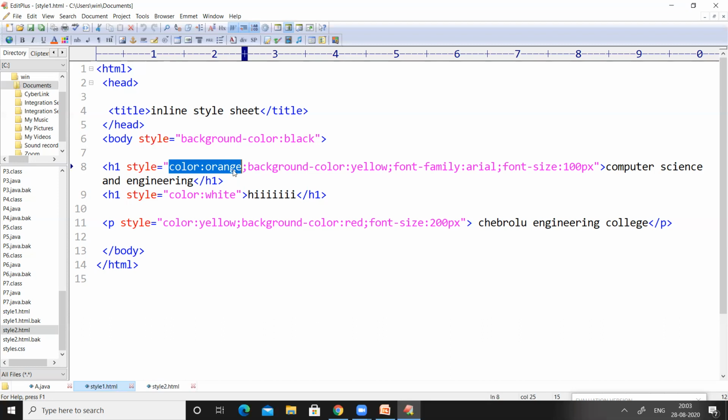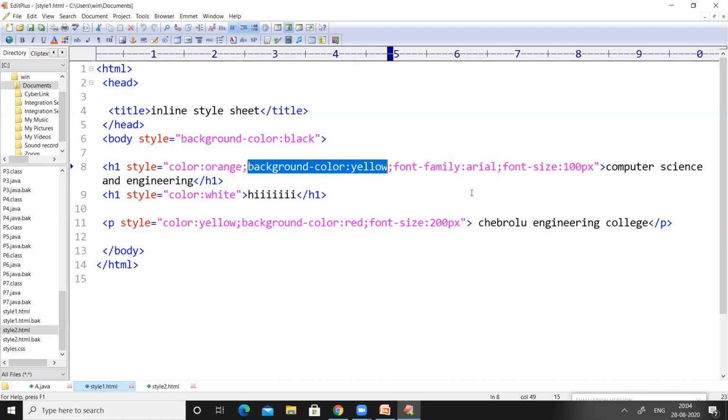At the same time, by default, the background of any web page is white. If you are interested in some other color, then you can change the background of a web page by using an option called background hyphen color colon color name. What is highlighted on the screen: background hyphen color colon color name. If you want yellow as a background, you can give background hyphen color colon yellow. If you want green as a background, background hyphen color colon green.